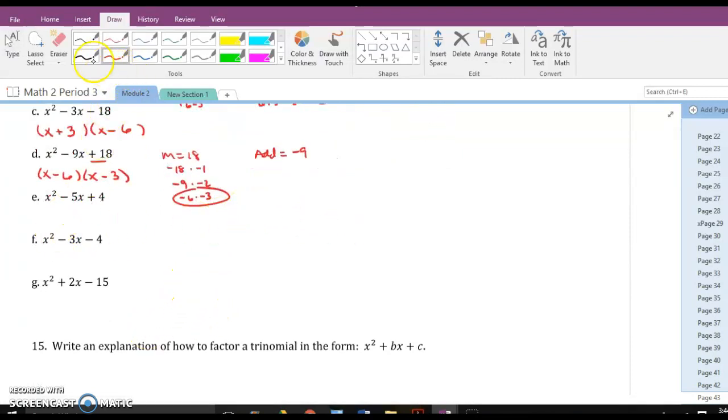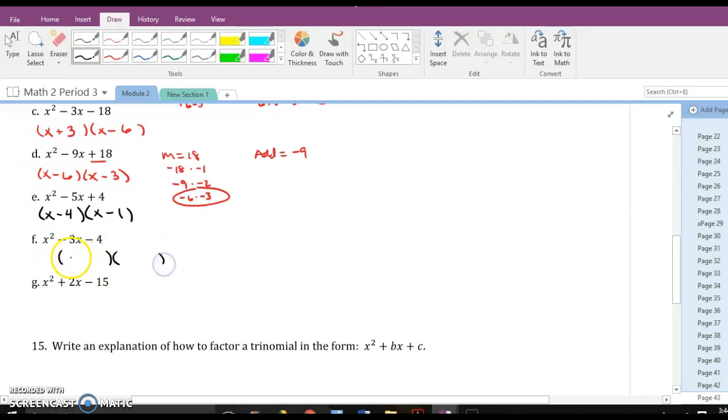Okay, a couple more. Here, what multiplies to give you 4 and adds up to negative 5? Sometimes we forget the easiest one. Signs are both minus because we have to multiply to get a positive and add up to a negative. So x minus 4, x minus 1. The next one, signs are different. So it's x minus 4, x